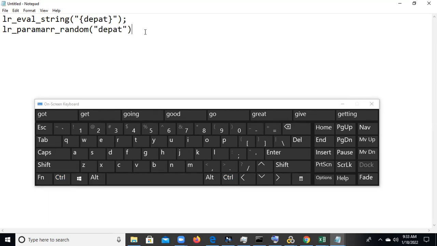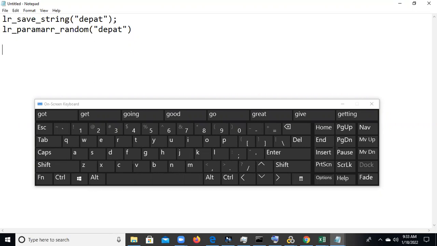So now I am giving an example for using lr_save_string and lr_eval_string, and now you can understand how we can use them. We have two drop-downs, departure and arrive.